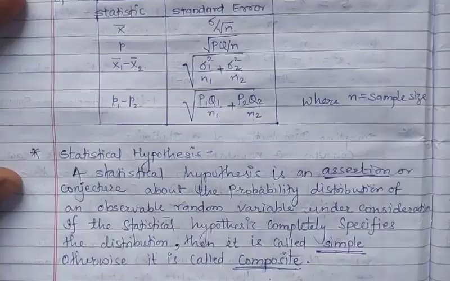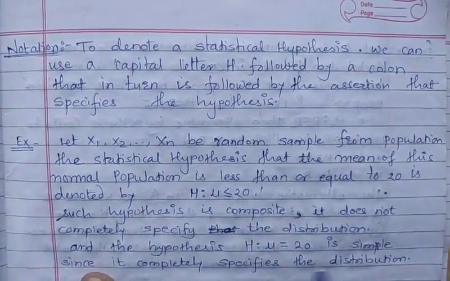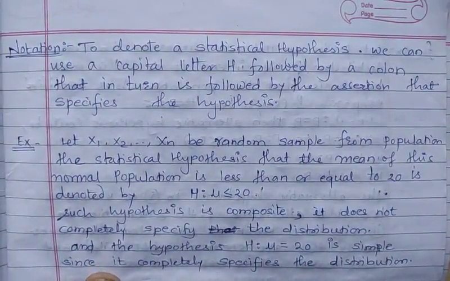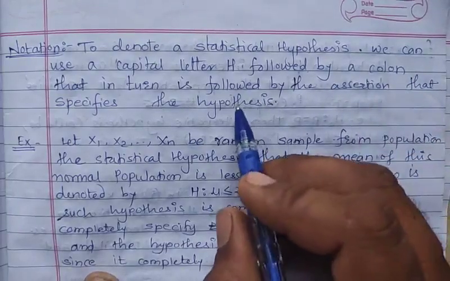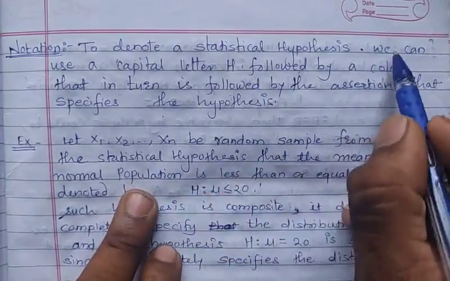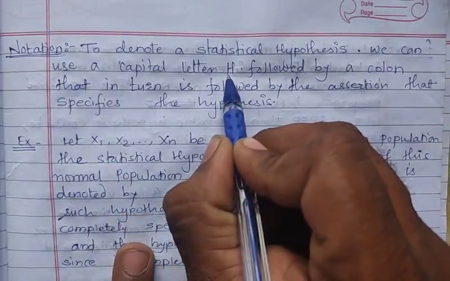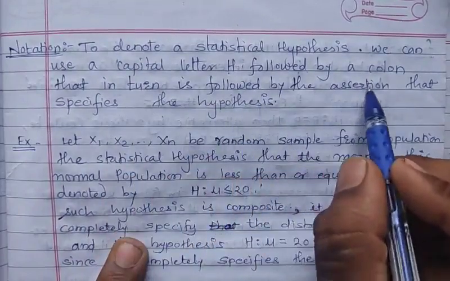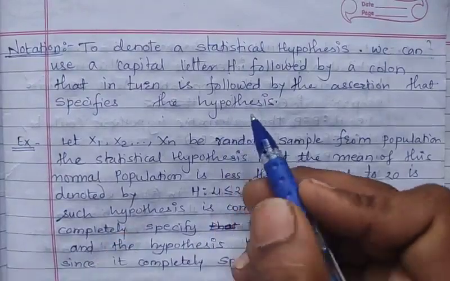Okay. Now let's see some notation of statistical hypothesis. To denote a statistical hypothesis, we use a capital letter H followed by a colon, which in turn is followed by the assertion that specifies the hypothesis. So that's the notation. Now for example,